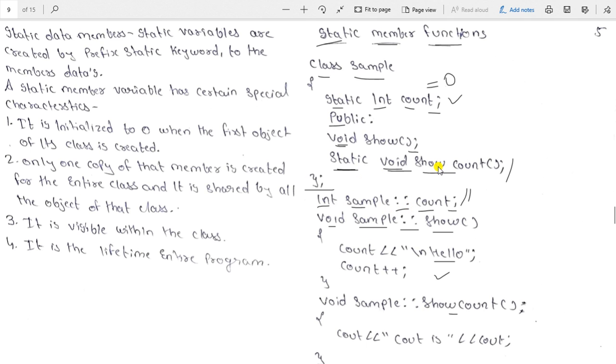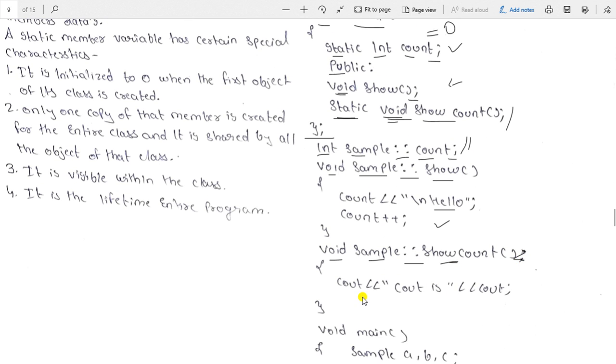This function is also static, and it is defined normally, like the show function. What is the return type of show count? Void. So I have written void, class name sample, scope resolution operator, function name show count. No need to put the semicolon.